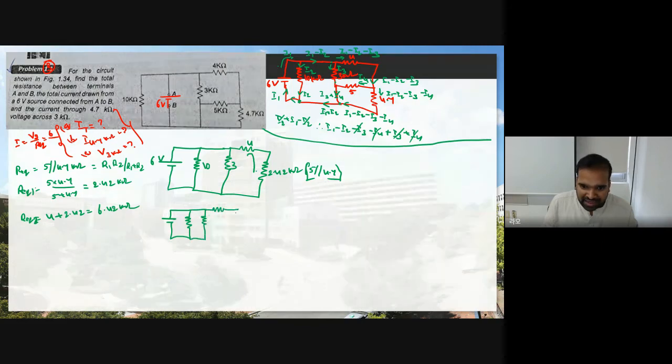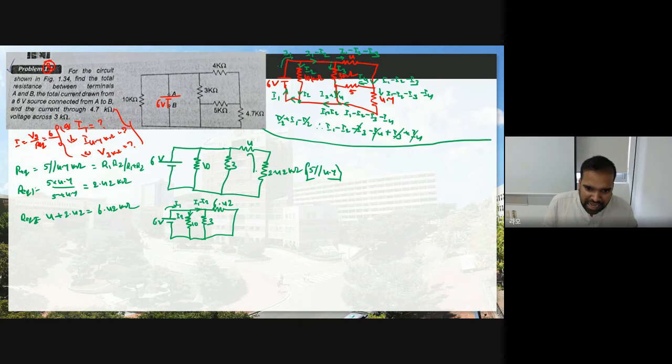You have another resistor with the value of 6.42, and this is 3 and this is 10 and this is 6 volt. Now see, this 6.42 and 3 are connected in parallel. So how can I know? Can you assume the current direction? Of course. Suppose you consider this is the I1 current. Let us assume the current flowing in the 10 ohm is I2. Then what is the current flowing here? I1 minus I2. Yes or no? Yes. This is simple mathematics, right?